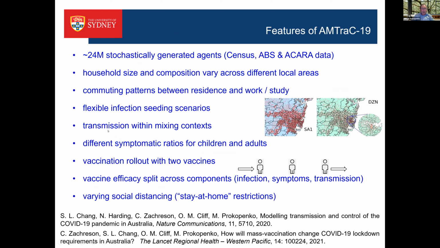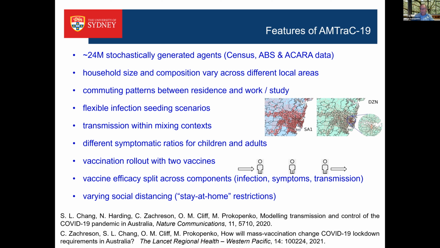At the very high level, we represent the composition of households across different local areas, household sizes. We represent commuting patterns. We talk about different infection seeding scenarios. Do we start only in Sydney, or do we start in all major airports? We allow transmission within mixing context. So a mixing context is essentially like a household cluster, neighborhood like a street, community, and a working group, or